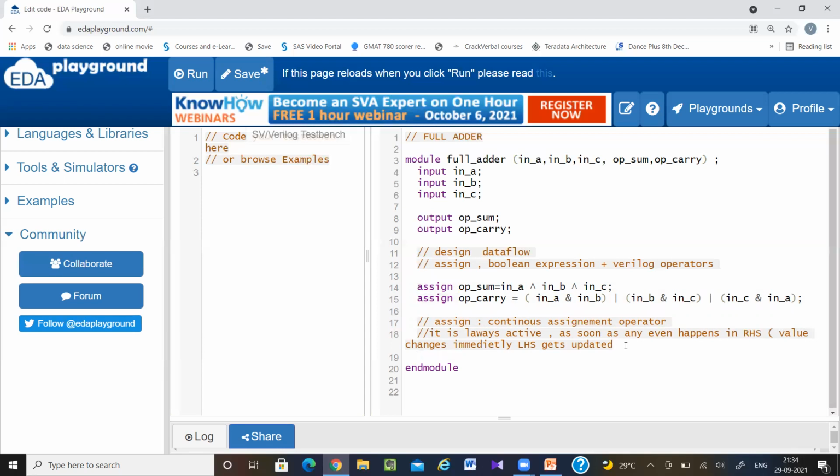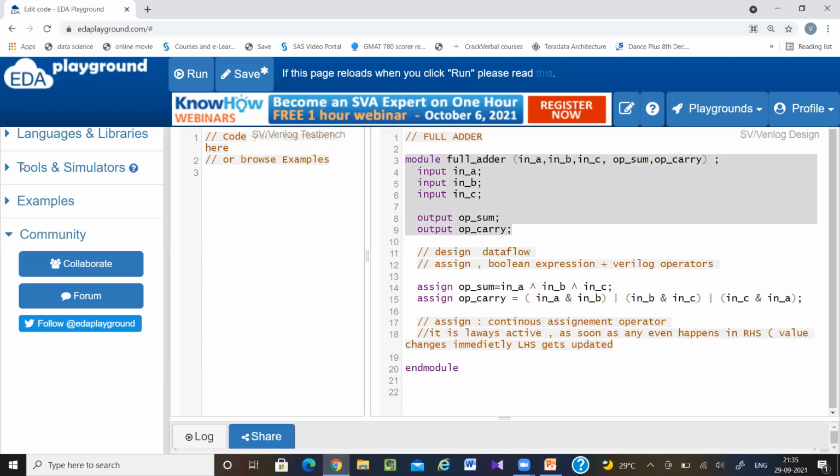Okay, so this is all your code. Whatever I'm writing within this symbol is known as a comment. Comment means your compile tool, while doing the compilation, won't take the comment into consideration. You can write anything inside the comment. The compile tool will not consider this. But whatever you are writing without comment, the compilation tool will compile it.